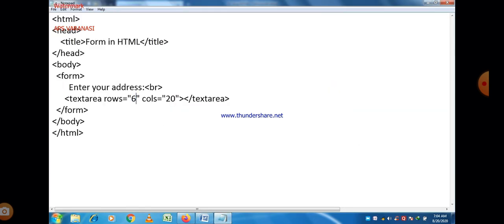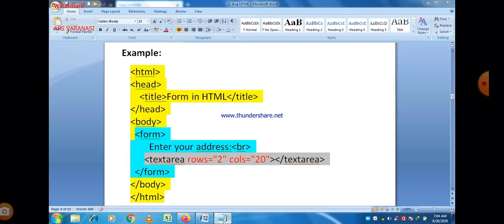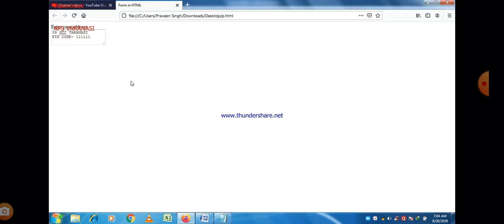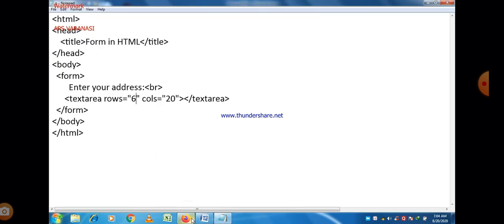Okay, just write 6. Save the program first, then refresh the web page. Now you can easily see that text area increased in terms of number of rows.